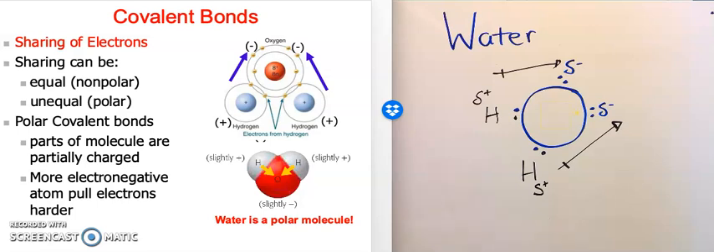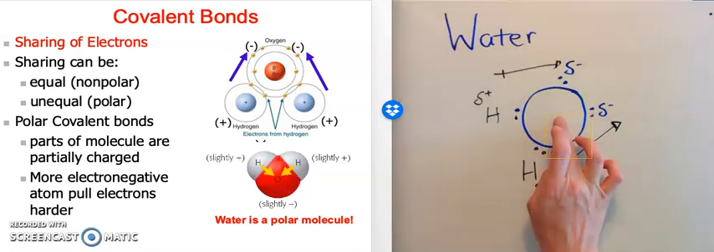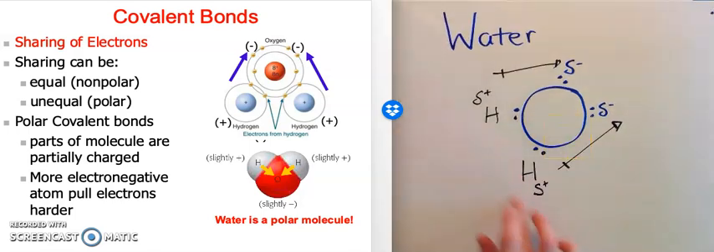Chapter 3 is all about water. Water is the molecule of life. And part of the reason that it's so important for biology is its chemical properties. So if we think about a water molecule, what it is is one oxygen atom joined to two hydrogen atoms by